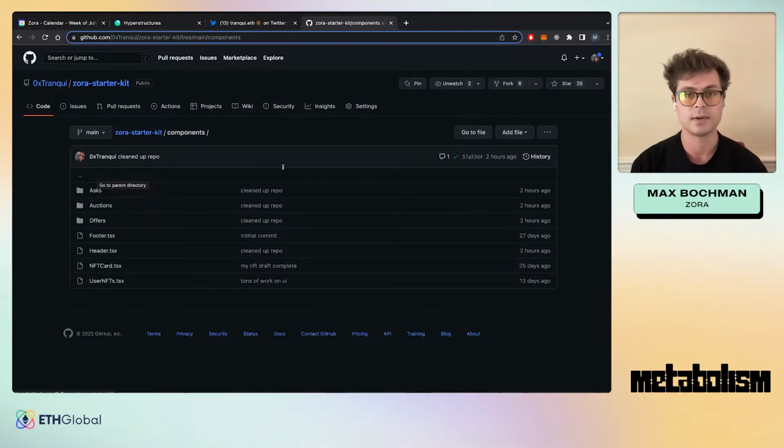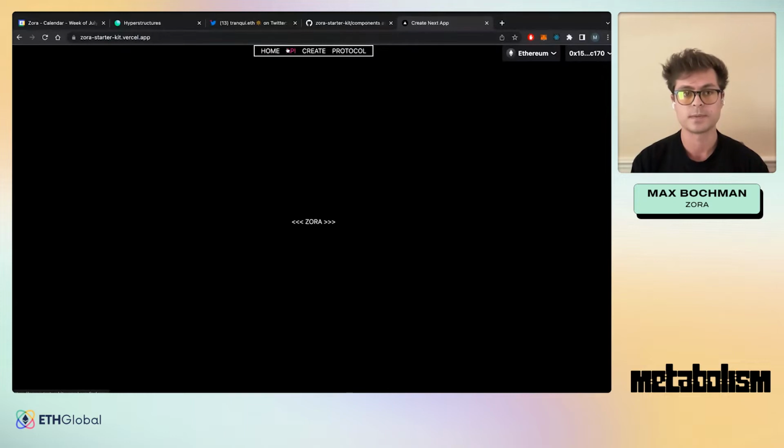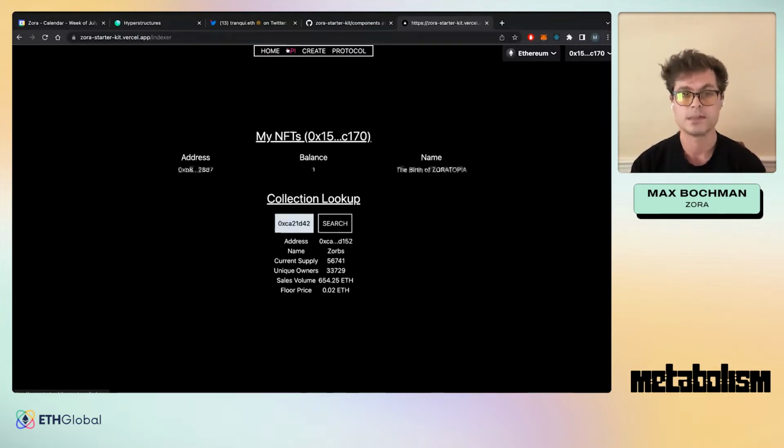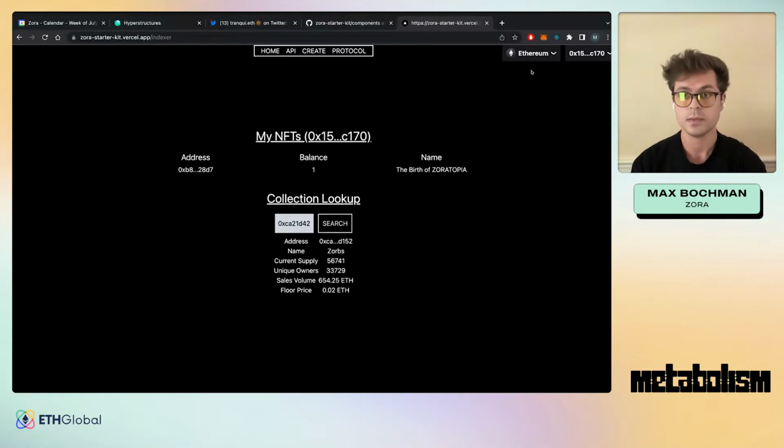And I would say my favorite, actually, let me get this open so you have a better visual. So this is what it is. If you fork this locally and open it, this is what you would see. It has this API page, which shows a brief look at what you could do with the ZDK